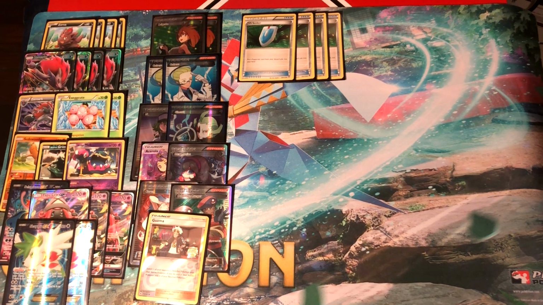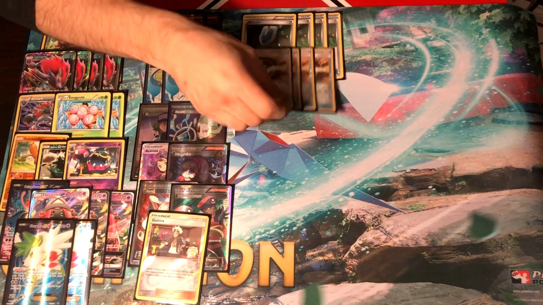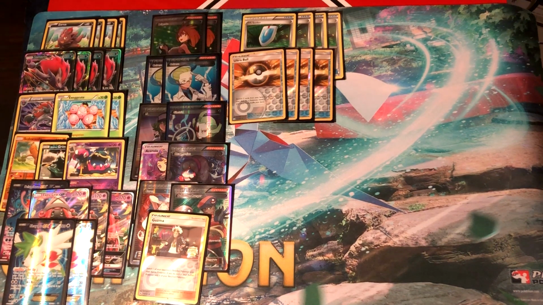Really powerful card in and of itself. Makes all of our supporters basically have more count to them. And next up, we have 4 Ultra Ball. Ultra Ball doesn't really need any explaining, just the best Pokemon search in the game, especially in conjunction with Shaman